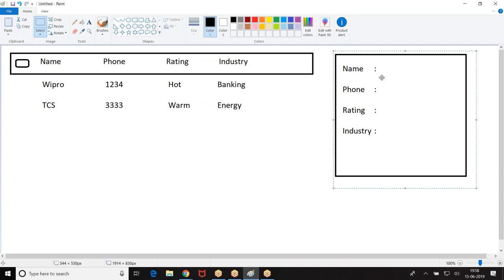So this is a dynamic component concept: how to add one component to another component dynamically based on your requirement. Let us take an example here.